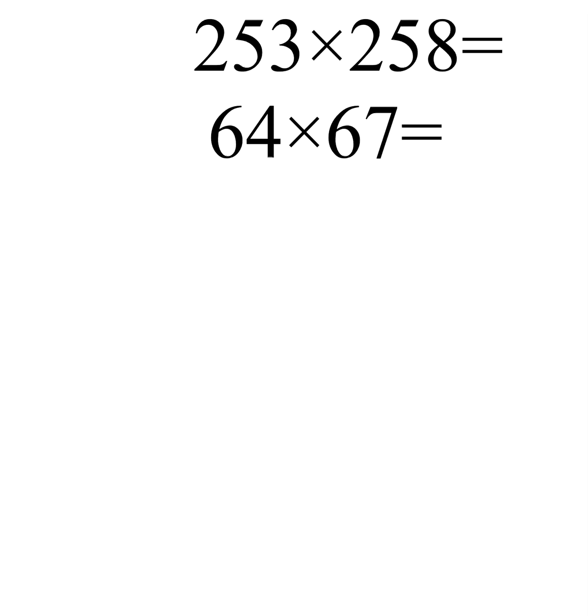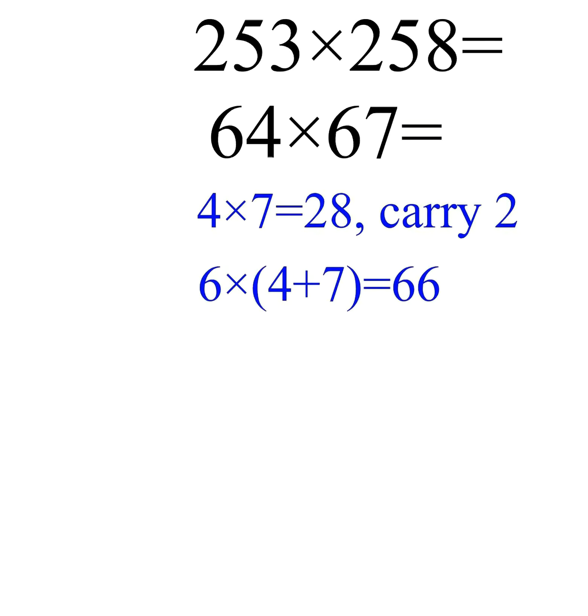So again, we multiply their ones places into each other. So 4 times 7 would be 28, and we carry 2. Then we multiply the common digit into their sum. 4 plus 7, that would be 11, times 6 is 66, plus the 2 we carried before, that would be 68. Again we carry 6, the tens place of it,